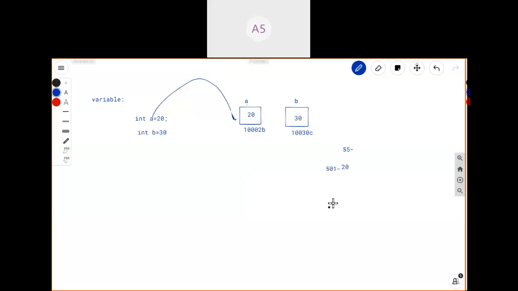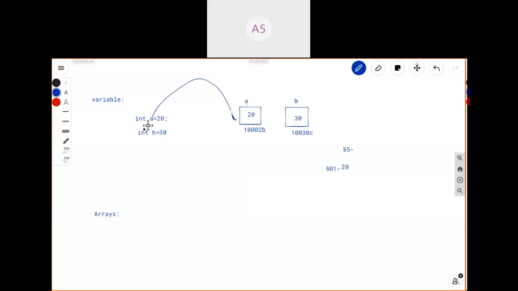To overcome this problem, we have a new concept called arrays. Did you get this point? To store single data, you go for the variables concept.